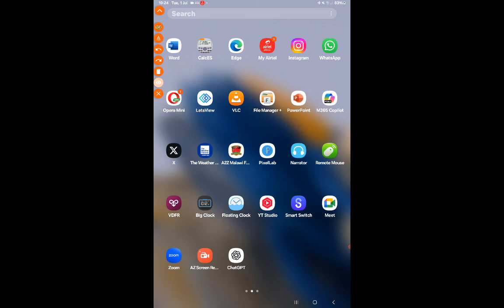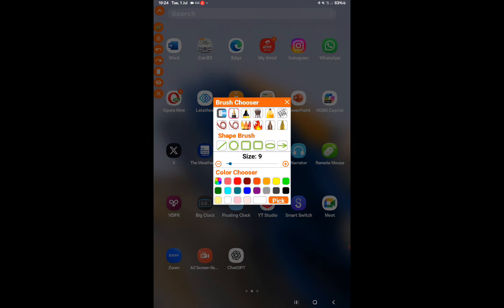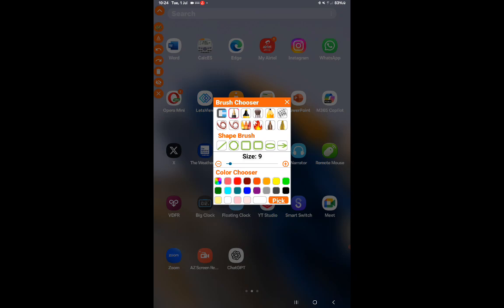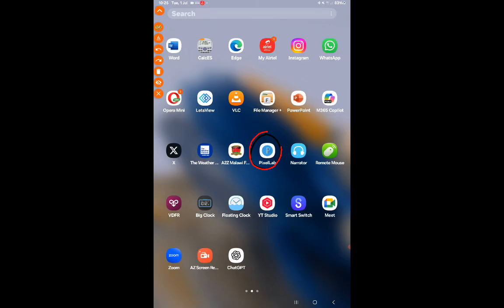Alright, so in case this is your first time to have a lesson on the use of Pixellab, let me ask you first and foremost to install this application on your phone. It doesn't matter what phone it is, as long as it's an Android phone or an iOS phone. You can use it to create very stunning